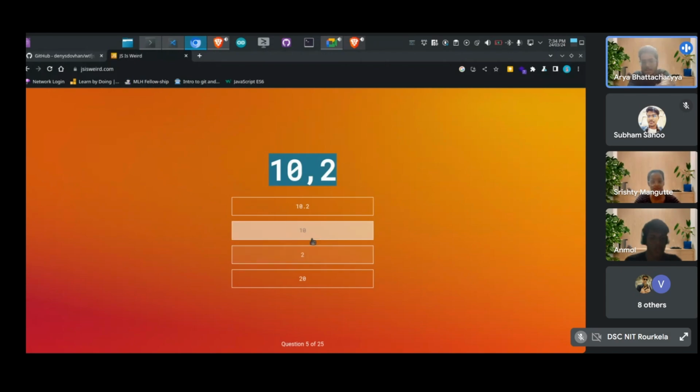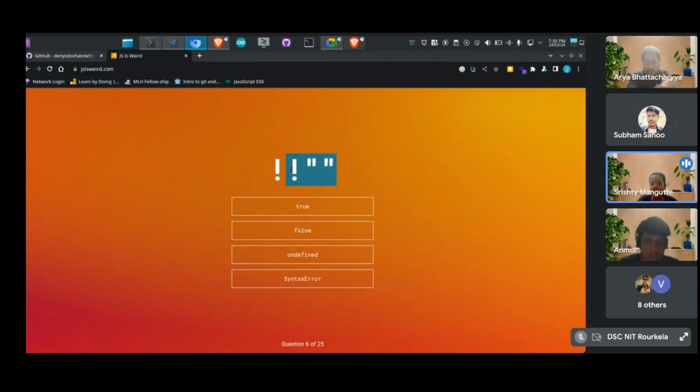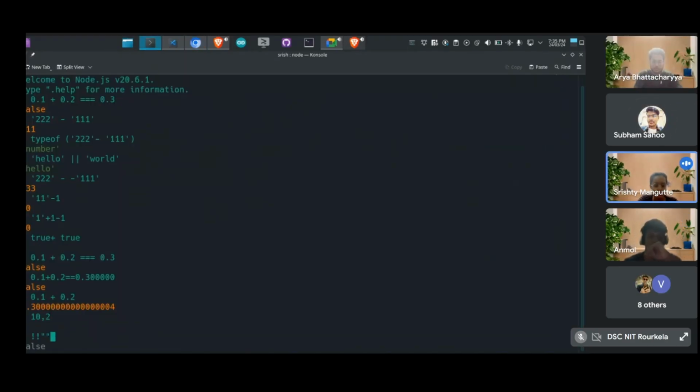This is something we have done: if it is 10, 2, then this is very similar to the and operator that I explained. This is something related to short circuiting, so you can go to the docs. We'll be sharing the resources. What would this be? An empty string, and I think empty string returns 0, but this is false. Not an empty string and not an empty string. What do you think it is? False. Okay, let's check. Yeah, it is false.